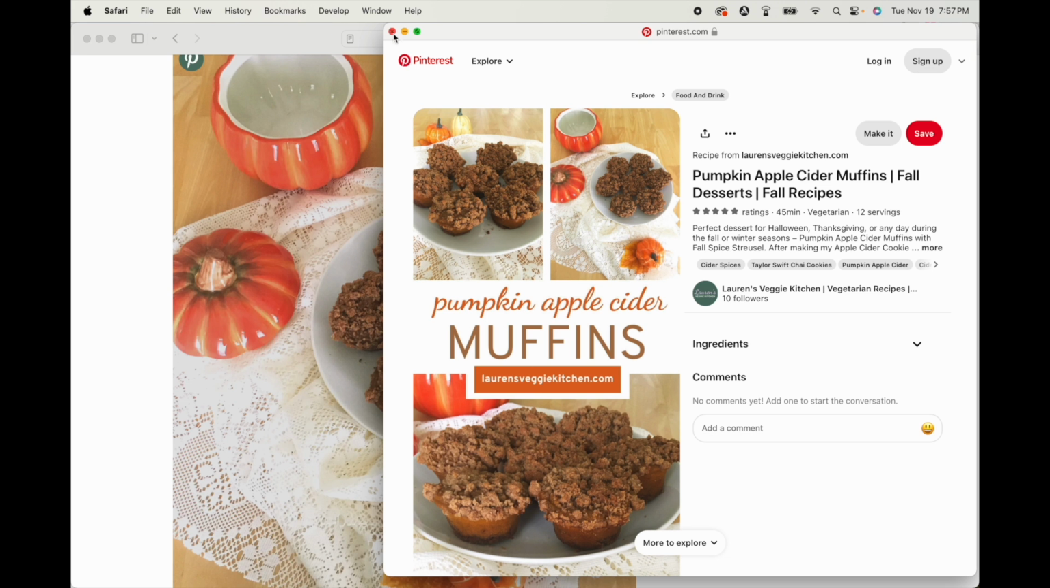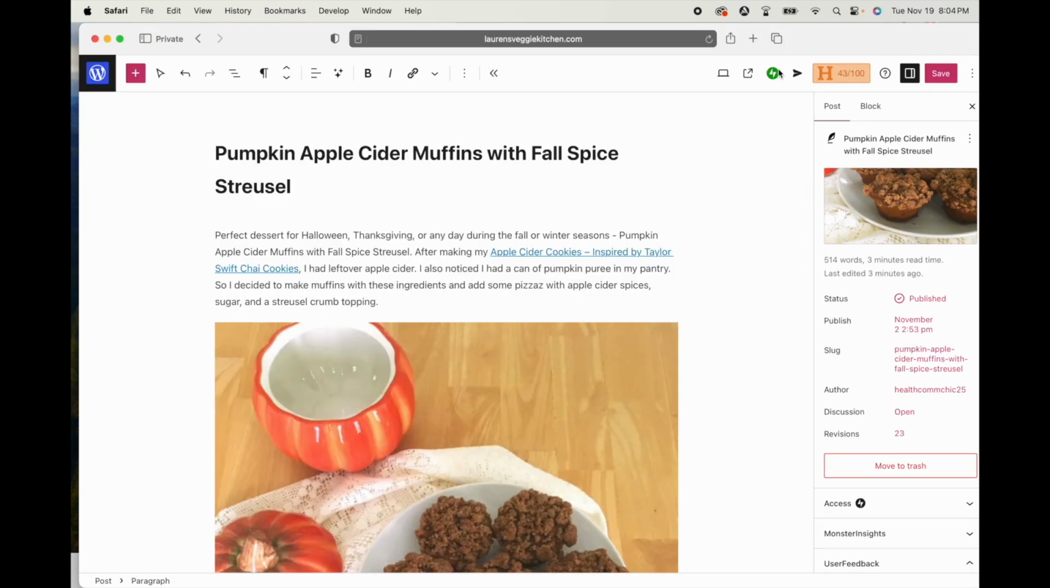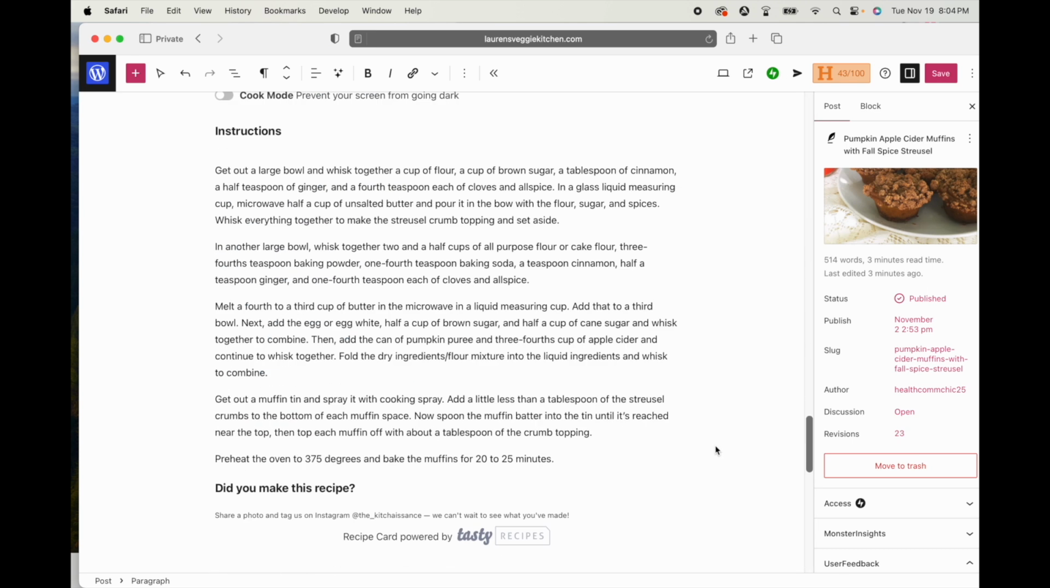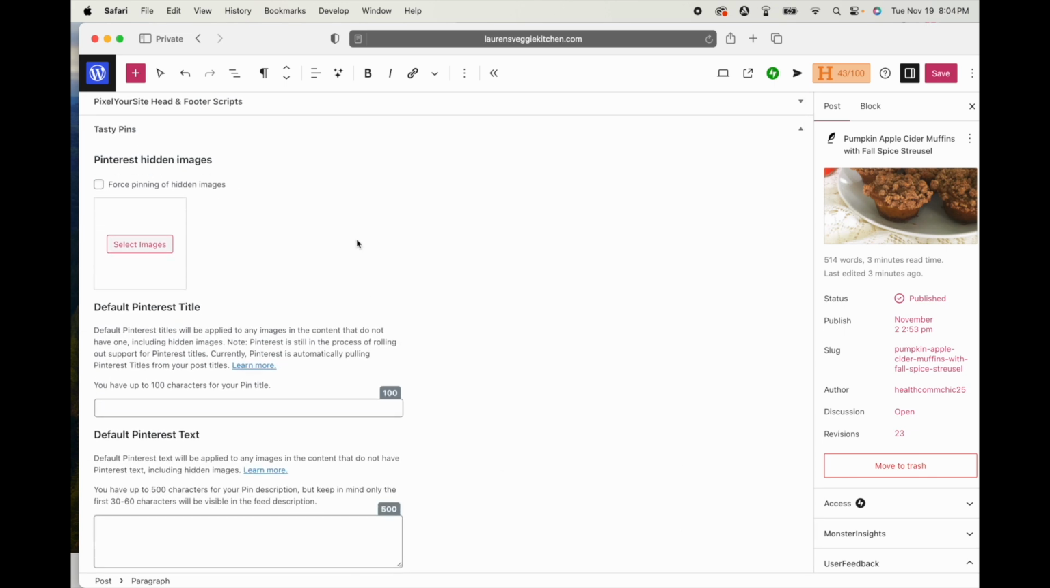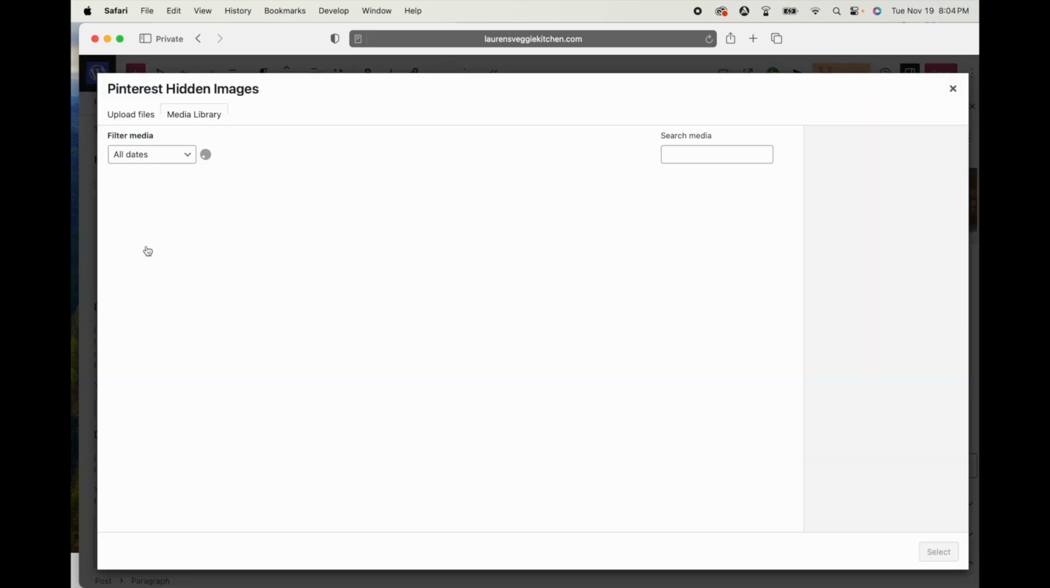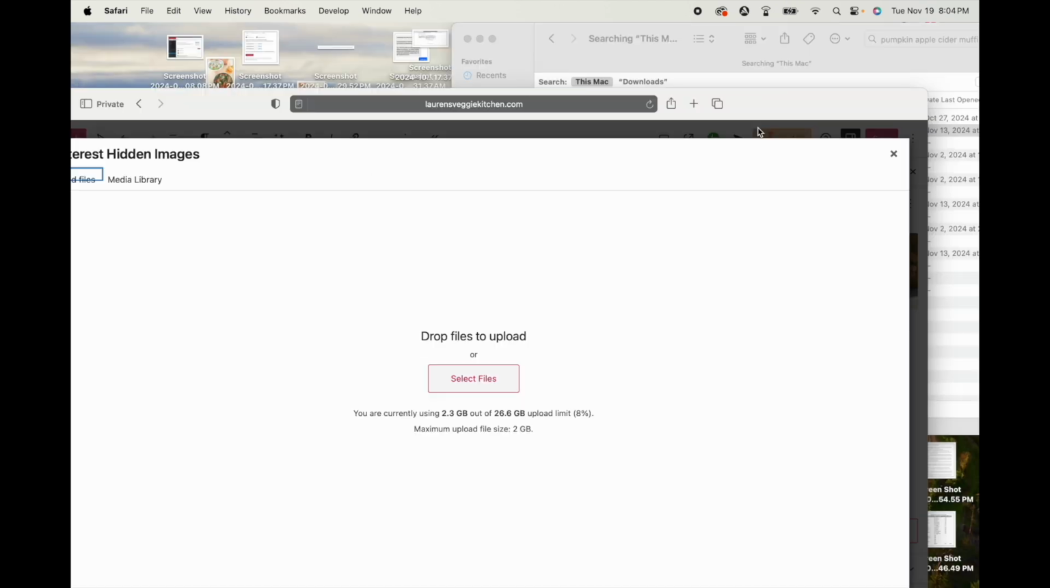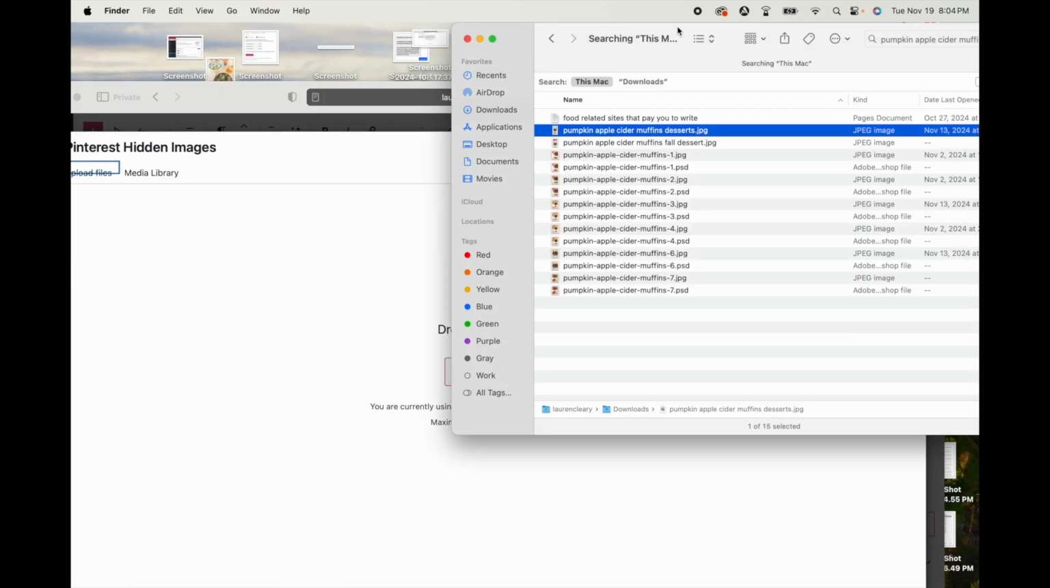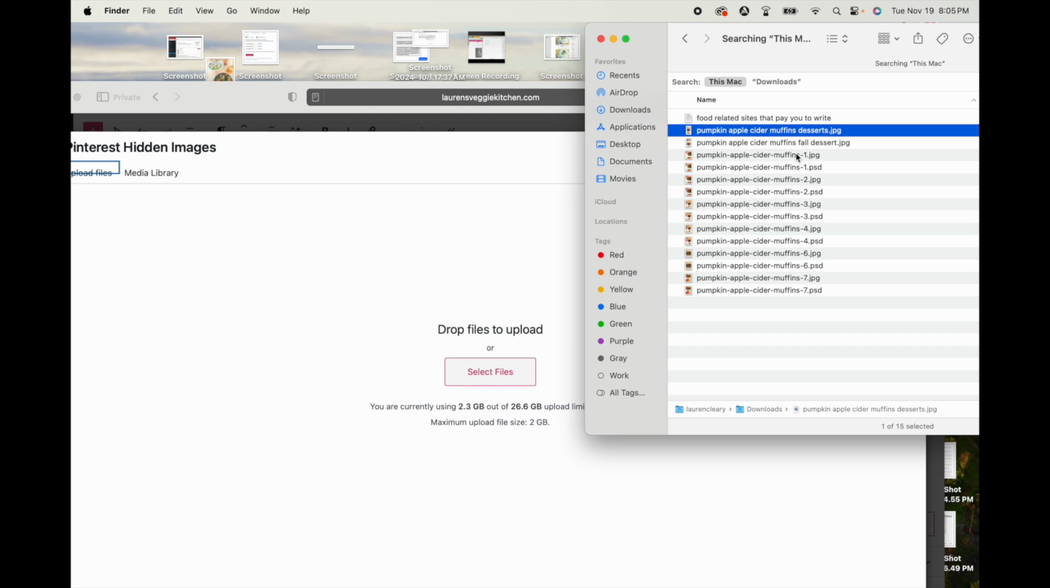So that's pretty cool. Okay, so another way to optimize your images in your blog post for Pinterest, besides setting that Repin ID, is to scroll down to the bottom of your post, and you can do this force pinning of hidden images option. And what that's going to do is default to another image. So whatever image you select here, you can click select images, and if you don't already have it uploaded to your media library on WordPress, you can go upload files, and I'm just going to choose this alternate image that I have saved of